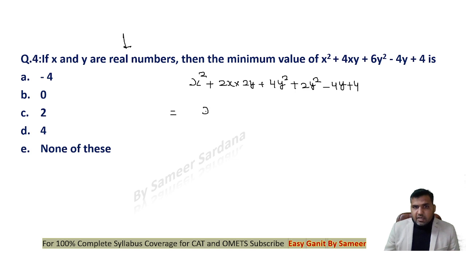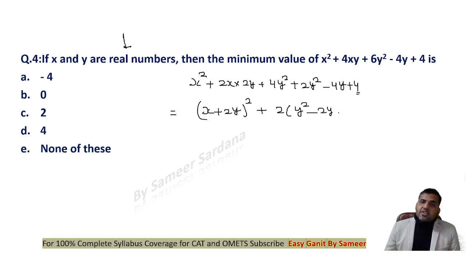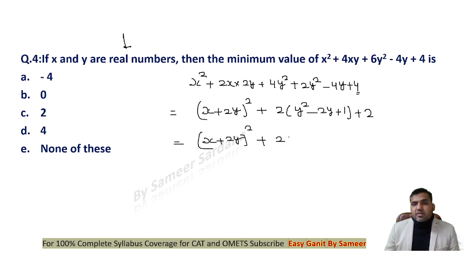right? Now this is (x plus 2y) whole square, a square plus b square plus 2ab. I can take 2 common, this would be y square minus 2y. And to make it a perfect square, instead of writing 2 here, I'll write 1 and take 2 outside of the bracket. Now this whole expression, this is quite an easy equation guys, is (x plus 2y) whole square plus 2 times (y minus 1) whole square